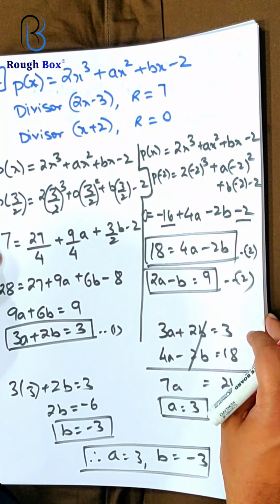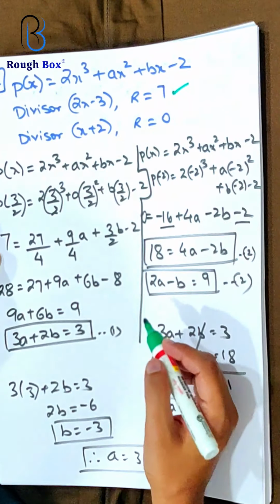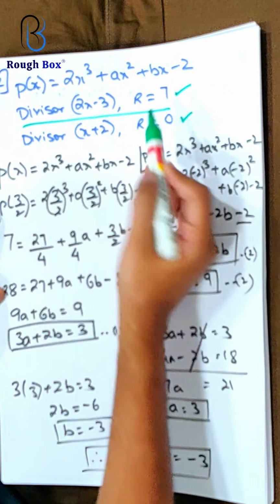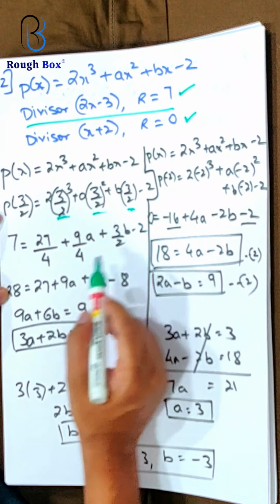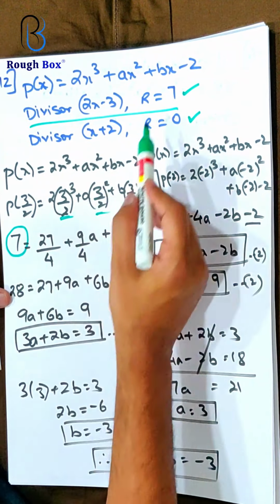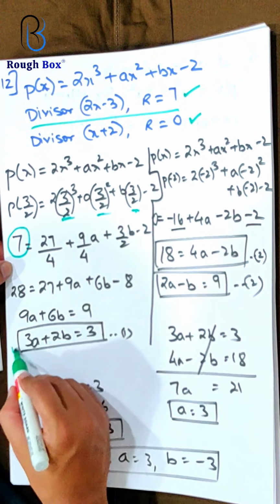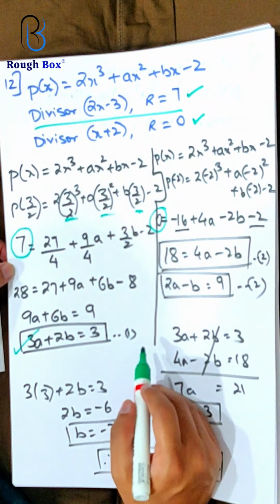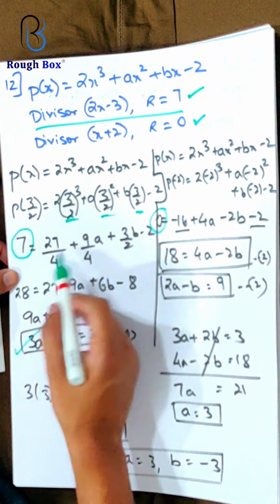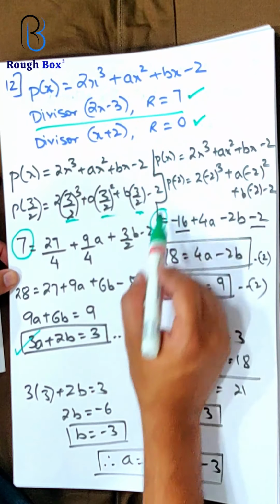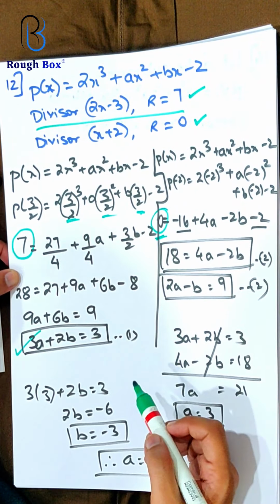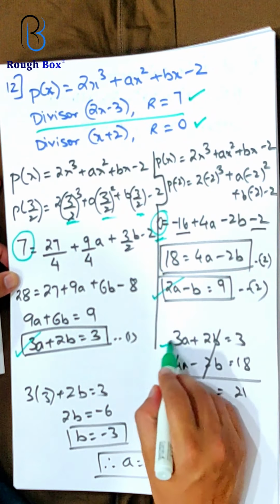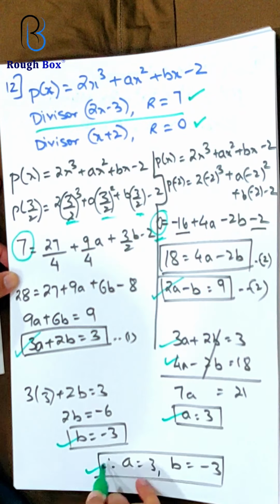What does it say? So first condition was given, if you read the question well. Second condition was given. So we picked up the first condition, substituted it everywhere, and this is the most important thing that we wrote the remainder here. We got the first equation. Likewise, we picked up the second condition and we wrote over here the remainder. Like 7 we wrote 0. So there could be different remainders. If they say it is a factor, then you need to take the remainder as 0. Common sense. Then we went further, found the second equation. Take the two equations together, simultaneous, and get the values of a and b.